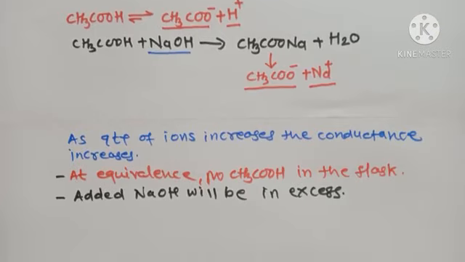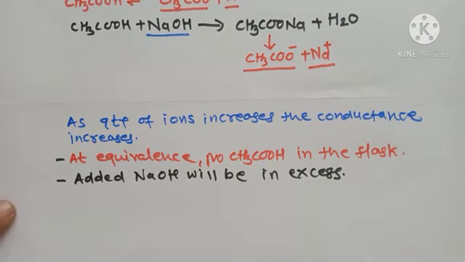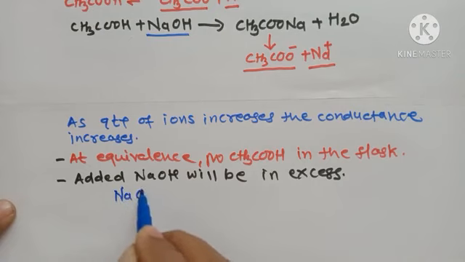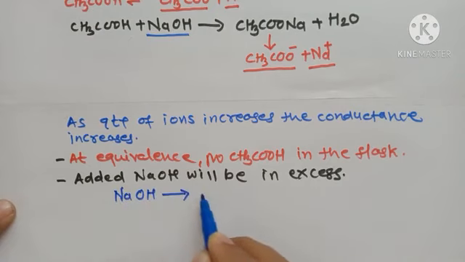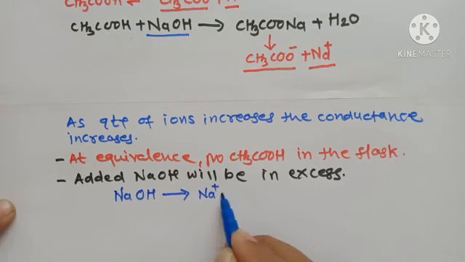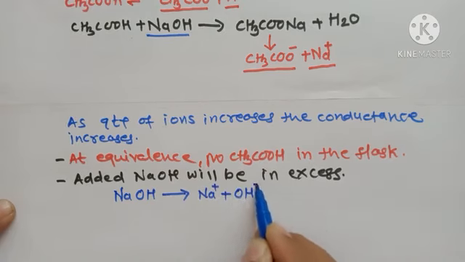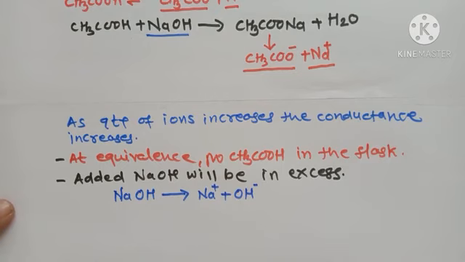NaOH is a strong electrolyte. It dissociates completely, forming Na plus ion and OH minus ion. So after the equivalence point, the quantity of Na plus and OH minus increases continuously with every